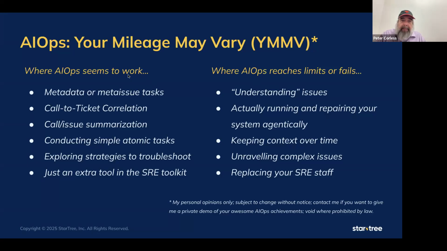It also falls down in terms of agentic AI. A lot of people believe that you can just trust your organization to AI and it will automatically repair things magically, like some sort of robotic vacuum. But we haven't seen too many success stories at that level of trusting the AI to run your system without any human intervention. Typically what's going on there is people are still trusting more heuristic, script sort of things, where it's like an if-then-else statement for that kind of agentic system, as opposed to an AI agent right now.